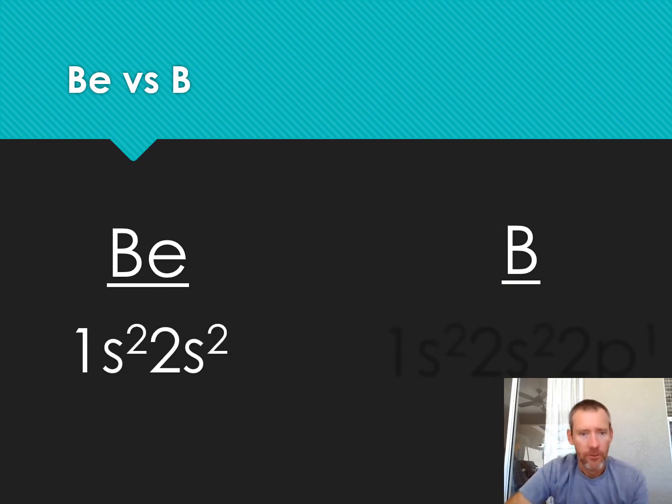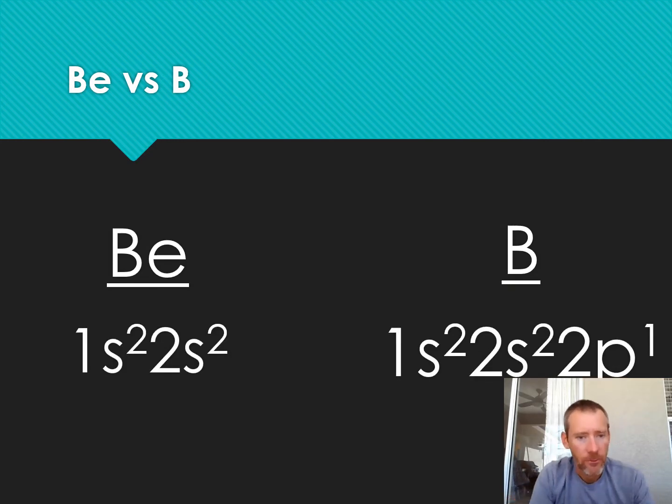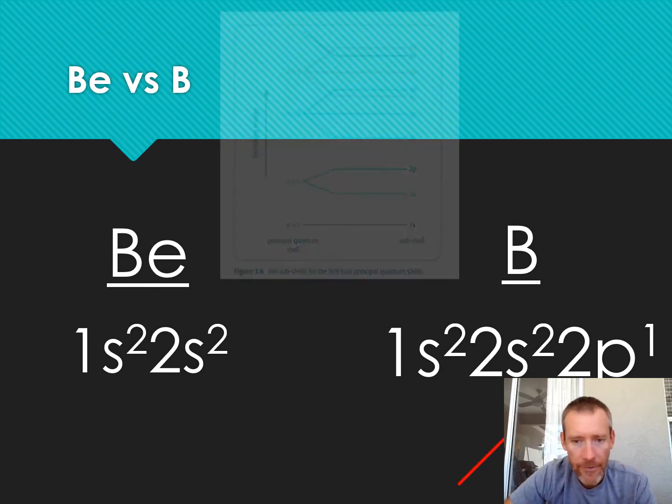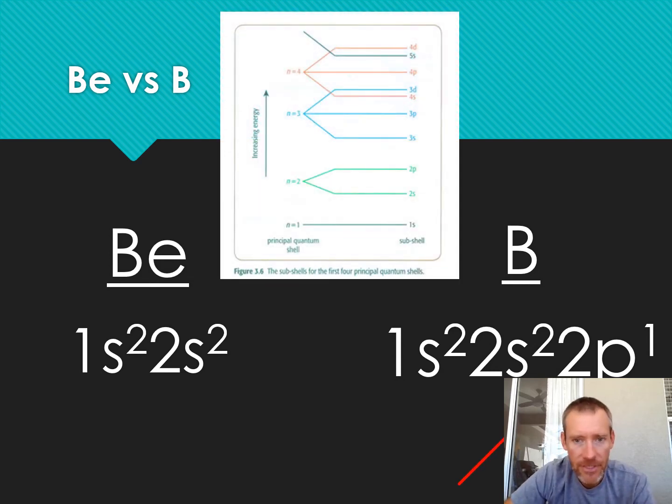All right, so look at beryllium and boron. The configuration for beryllium is 1s2, 2s2, 4 electrons, where boron has 1s2, 2s2, and a 2p1. So right there's a big difference. One has a p orbital, where beryllium has just an s orbital. Okay, so that's going to be the big difference. You can see here,